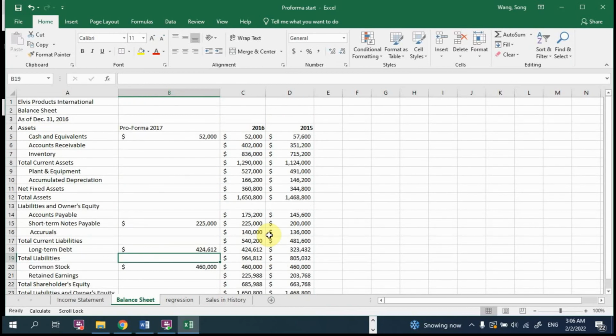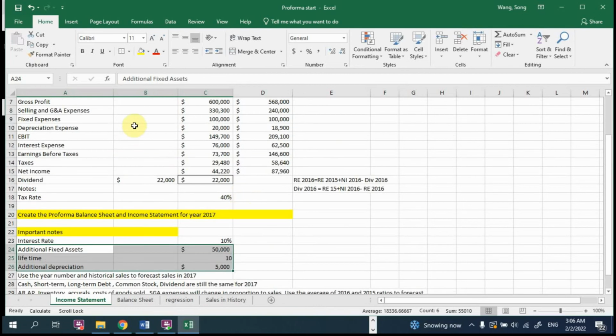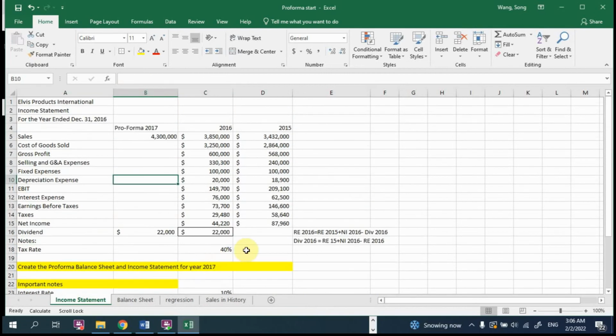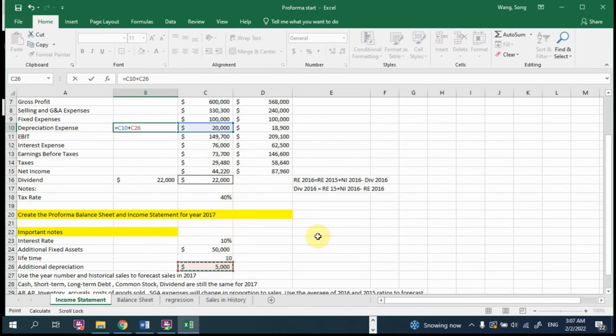Okay, and something you can calculate. Number one is the accumulated depreciation, as I mentioned. You can first get to the new level of fixed assets in the Proforma year and also get the new level of depreciation. So for the depreciation right here, as you can see, each year it increased by 5,000. So it is 20,000, the annual depreciation right now, plus 5,000. Okay, plus 5,000. So you have more assets, so your annual depreciation increases, and that's for the depreciation expense on the balance sheet. And for the income statement,